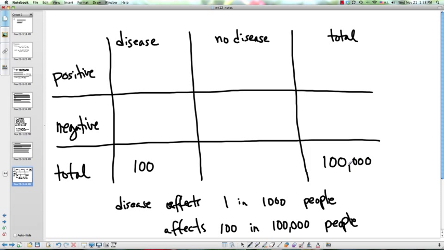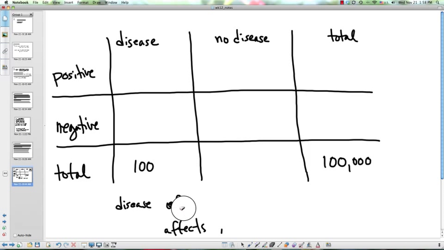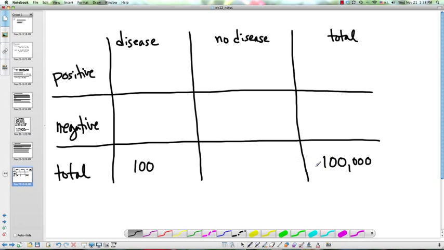Right? If you had 100,000 take the test, and let's suppose that we knew that there were 100 people that actually had the disease. And then I'm going to build a table based on that assumption. And then I can do this with a table, and I don't need to use Bayes' formula. All right, so enough of that. Let's now use everything else that the question said. So if there were 100 people that have the disease, the rest of the people don't have the disease, that's just subtraction. 100,000 take away 100. I'll have